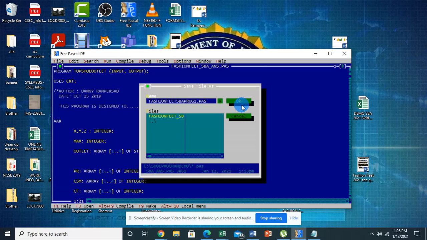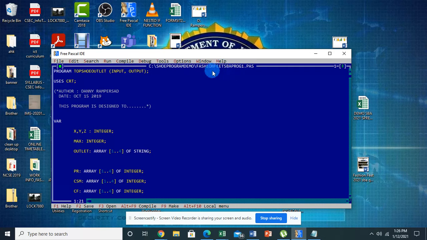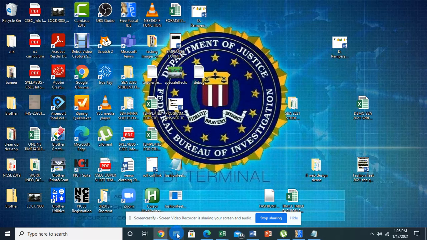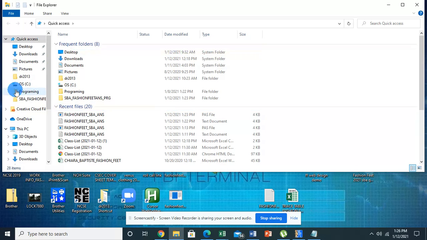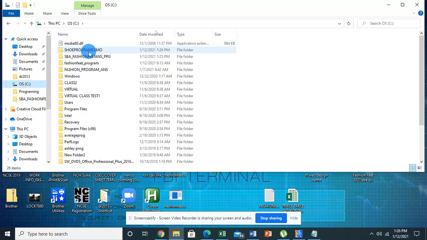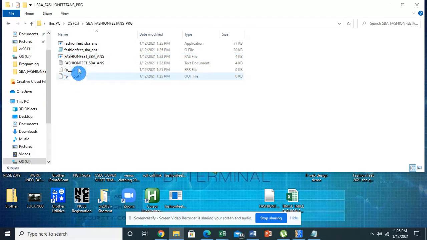Right now, notice the name has changed here. Now, what this does is it allows me to make changes to this. And let's say in the unfortunate event that you make a mistake, you could go back and get it from your folder as the fashion feet underscore SBA underscore program answer. Right, so you still have 2 files there just to show you what I'm talking about, in your C drive. Okay, I have 2